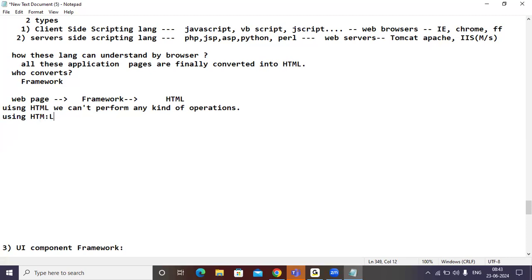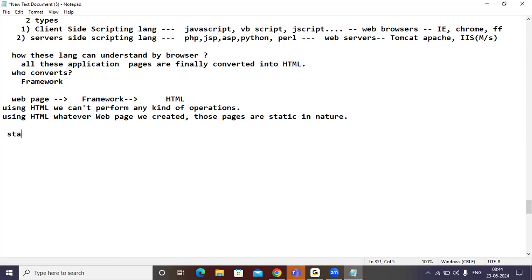Whatever web page we created using HTML, those pages are static in nature. Understand? By default, those pages are what? Static. Static pages means lifeless pages. User cannot interact with those pages.